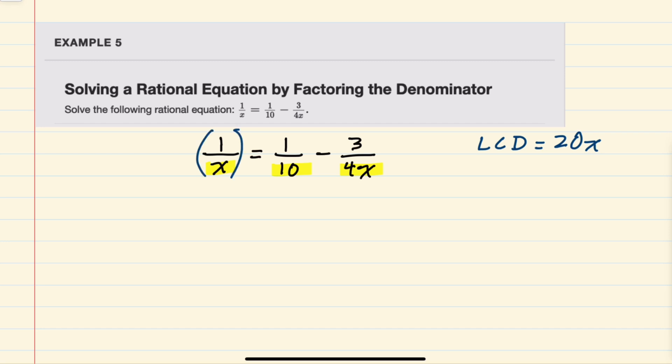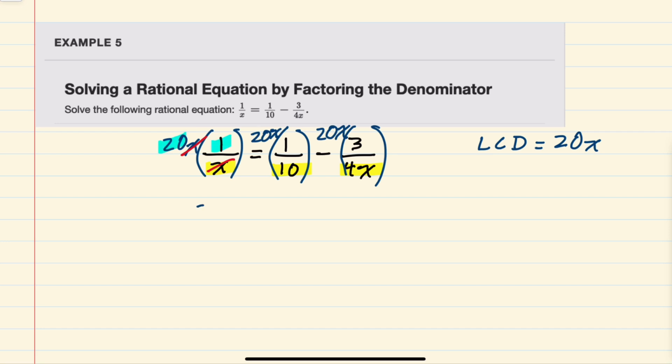So on the left-hand side, there's just one term. It'll be multiplied by 20x. On the right-hand side, there's two terms, but they are each multiplied by 20x, both the first and the second term. And we can see that on the left-hand side, the denominator x does cancel, leaving me with just 20